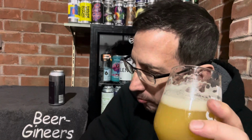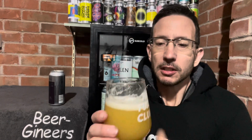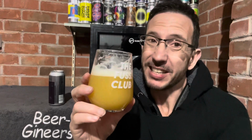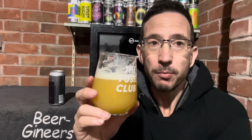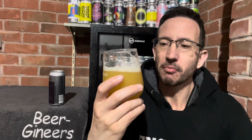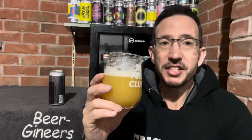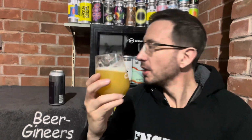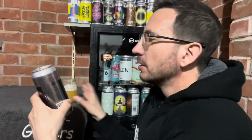Whoa. Rating, I'm giving that 9 out of 10, which is exceptional. There might have been one beer this year that I've given that to. Still going as well. Is it worth £10.50? I'm going to stop talking about money. But what I would say is I'm glad I've bought it. So, 9 out of 10 for